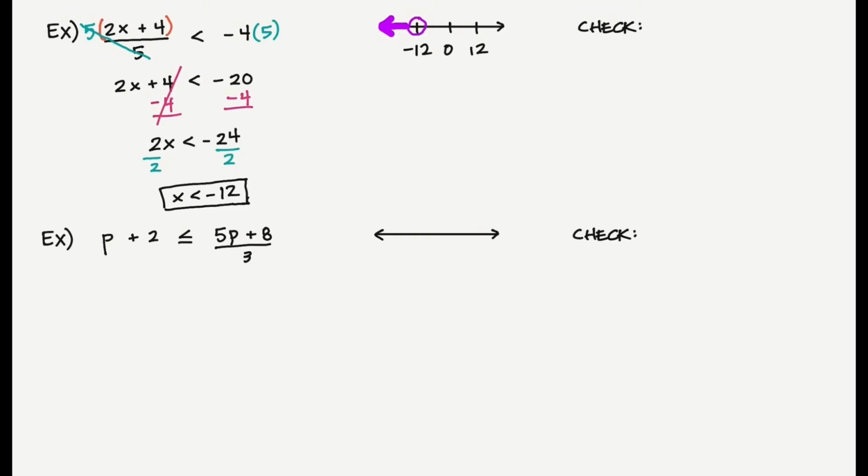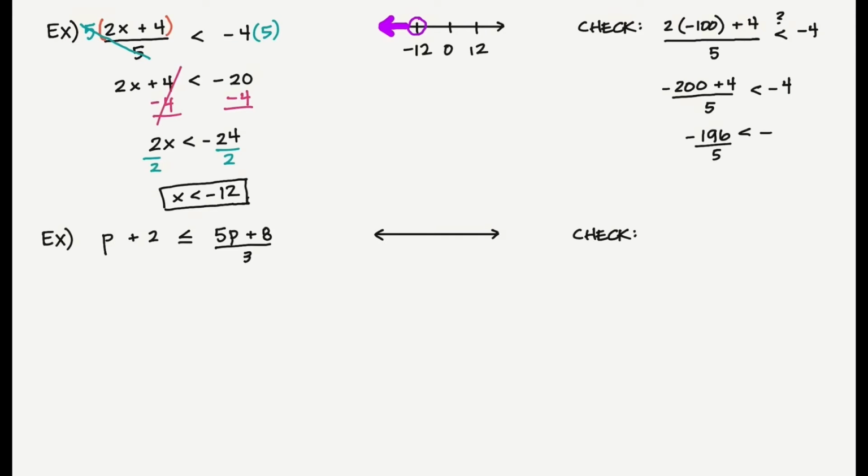I'm going to pick something really far on the left-hand side, like -100. Okay, let's plug that in. And I'm going to divide by 5, and then I'm checking to see if this is going to be less than -4. So 2 times -100 is -200, plus 4 divided by 5. Again, everything on top is locked in until it's simplified. So that's going to leave me with -196